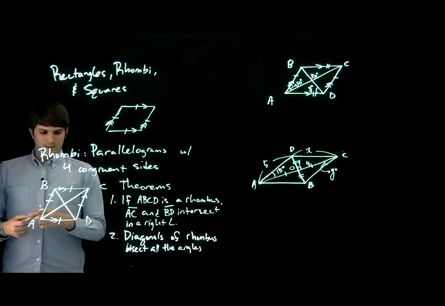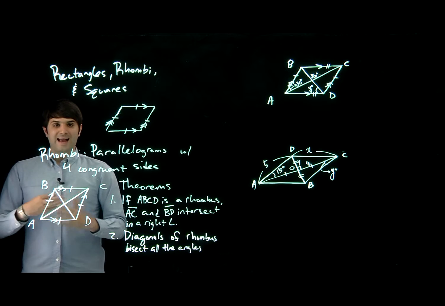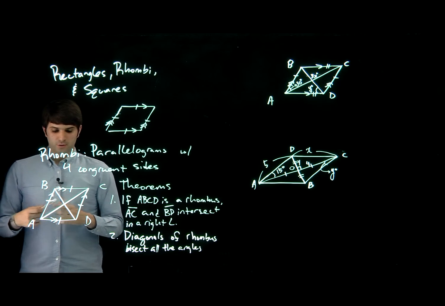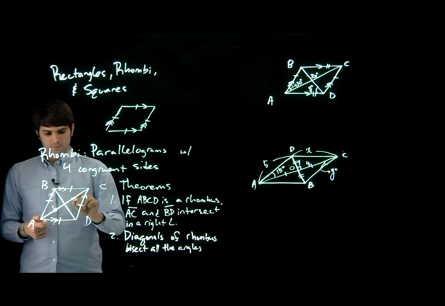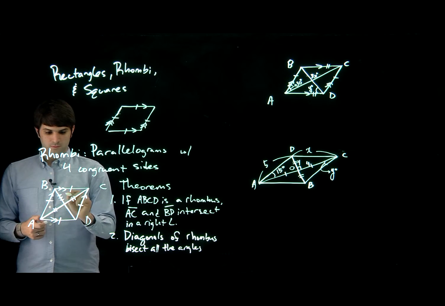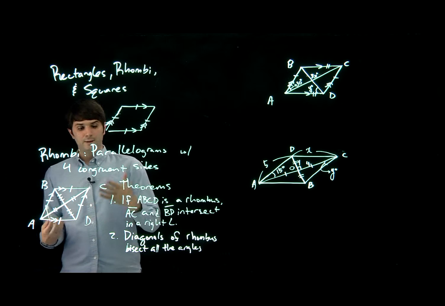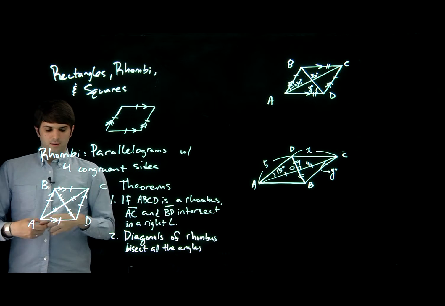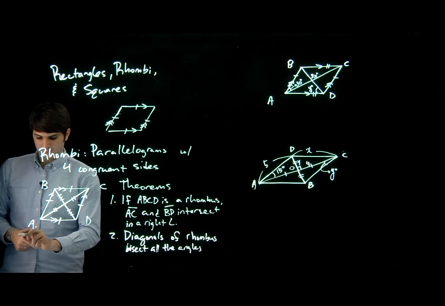In any parallelogram, diagonals bisect each other. So we know that in any parallelogram, which rhombi are, the diagonals bisect each other. So by SSS,